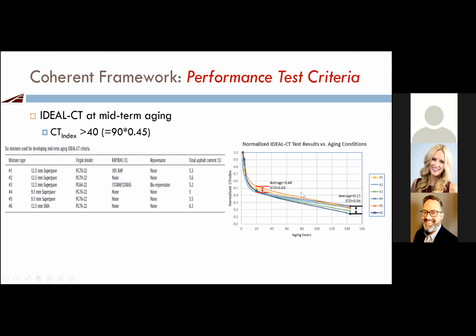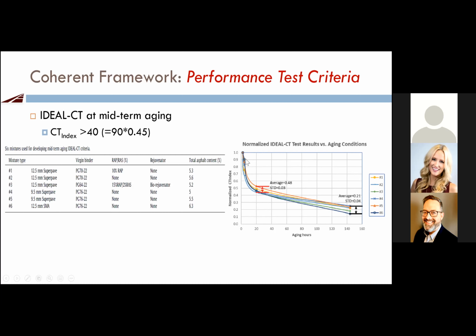This is the graph. It is a normalized graph, and we normalize all these conditions to 2 hours at compaction temperature, normalized to 1. And this one is 4 hours at 135. And this one is 20 hours at 100 degrees Celsius. The last one is 6 days, 144 hours at 95 degrees Celsius. And if you look carefully,